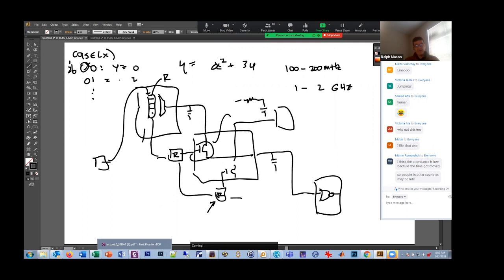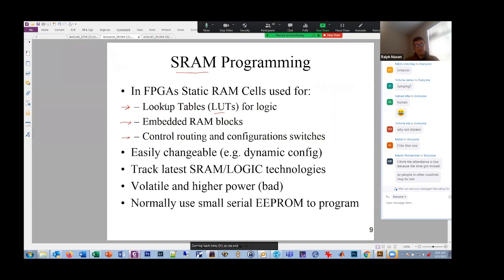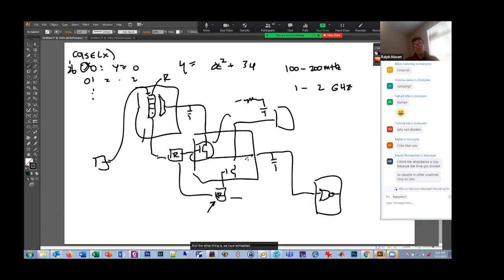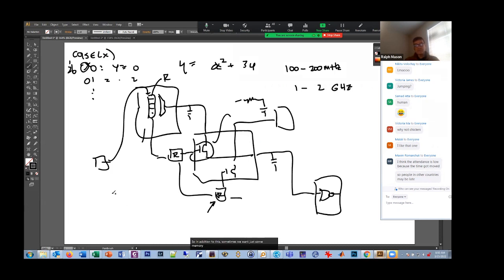Coming back here, so we said there's lookup tables for the logic. We just explained that. We have control routing for the switches. And the other thing is we have embedded RAM blocks. So in addition to this, sometimes we want just some memory for storing values or making lookup addresses or something. So in addition, there's also,